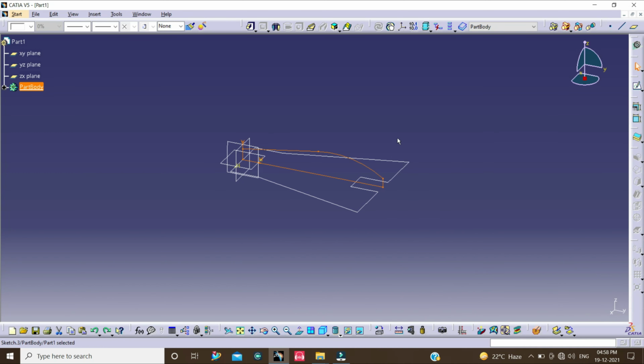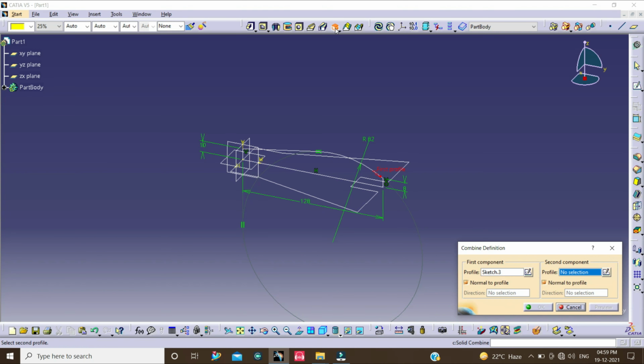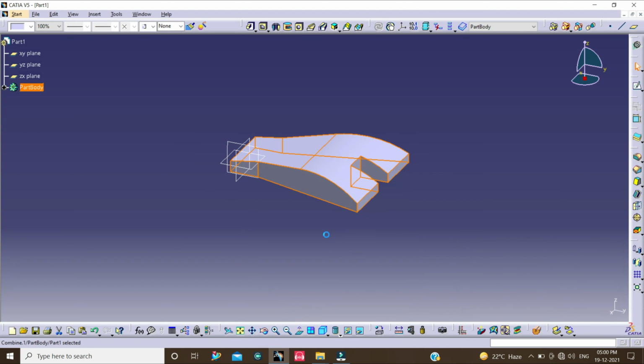We can see here we have two closed profiles. Now click on the Solid Combine icon. Here select this sketch and here select the second sketch. Then click on Preview and click on OK.